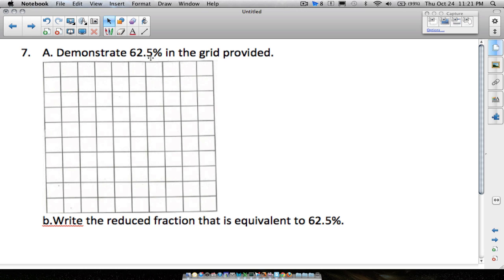62.5%. Percents are based on something out of 100. So a quick way to do this would be to shade 62.5 squares. Let's do that real quick. I just shaded 10 of them, 20 of them, 30, 40, 50. There's 60 of them, and there's 61, there's 62, and I'm going to go half right there. So, yeah, I am being picky. I wasn't at first, but now I'm going to go ahead and fill in everything else, make it look nice, or somewhat nice.